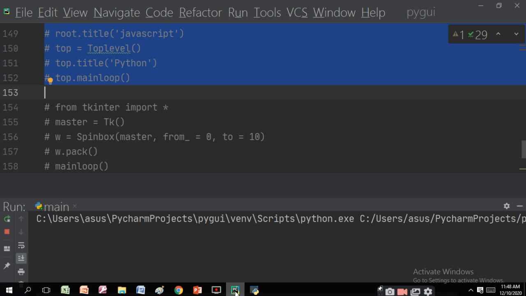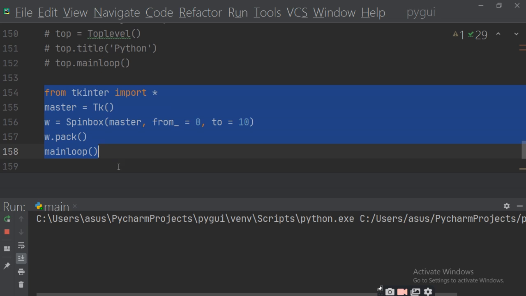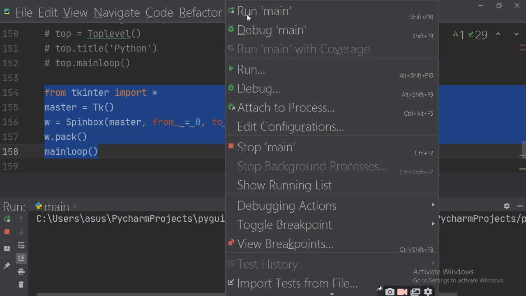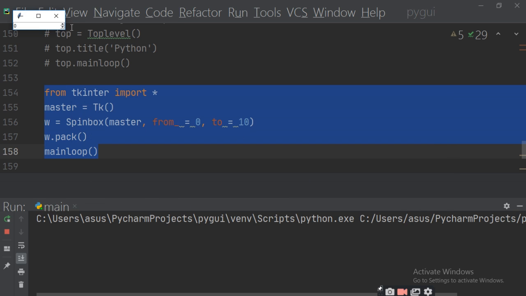So run this and find out how it will work. You are getting the values 1, 2, 3, 4, 5, 6, 7, 8, 9 up till 10. So this is the SpinBox, and then next come